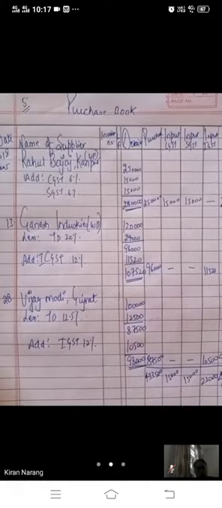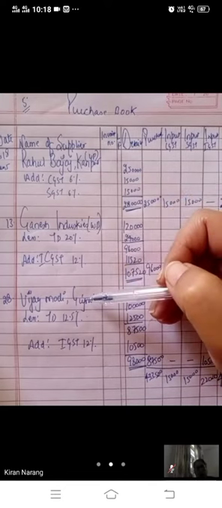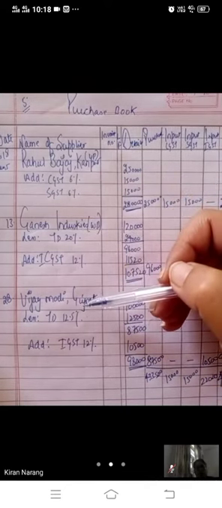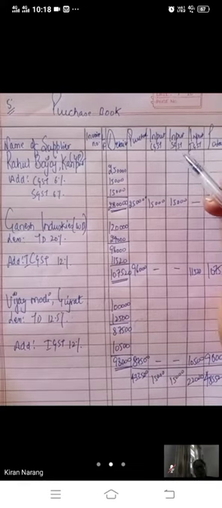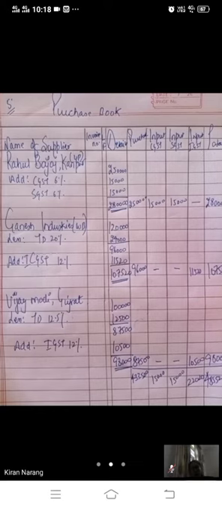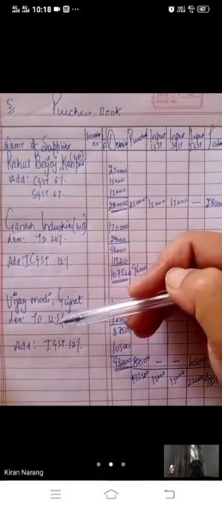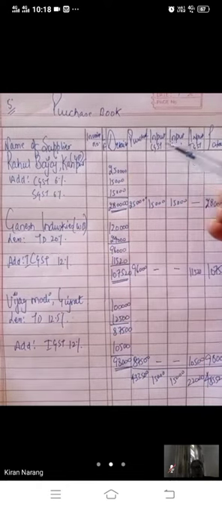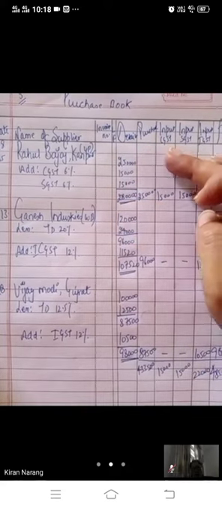Now, how many accounts do we have to prepare? Rahul Bajaj, Ganesh Industries, Vijay Modi. Three accounts we have to prepare for the suppliers. Then we have to make separate accounts of input CGST, input SGST, input IGST. And at last, we have to record the purchase account also. Three for suppliers, purchase 1, and taxes 3. Total 7 accounts we have to make.